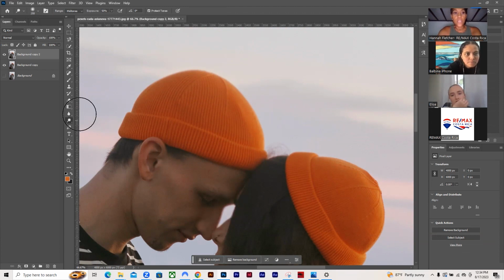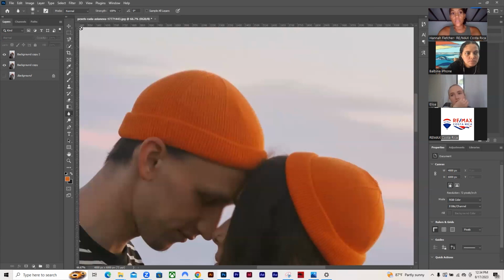It's a great tool. There's also options too. Anytime that you see, and we talked about this yesterday, I know, Elise, but for you, Balbina, a little triangle on the edge, there's more options that tool might have. There's also a sharpening tool. So you can take that same tool and, with my mouse button held down, you can move from each tool. The sharpening tool,